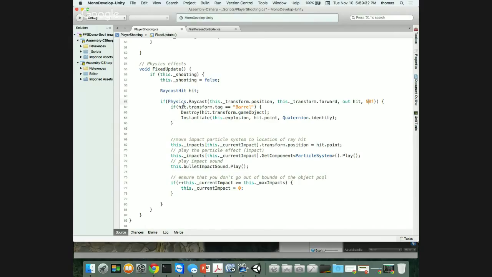We're saying this: if my hit dot transform, whatever I hit, the tag of my barrel, right? If it equals barrel, then, and by the way, you can also do CompareTag instead of just tag is equal. Let's just do CompareTag because that's the proper way to do it. So we'll say transform dot CompareTag, and that's equal to barrel. That's the other way to do it, right? Let me get rid of this piece here. If hit transform CompareTag barrel is true, then